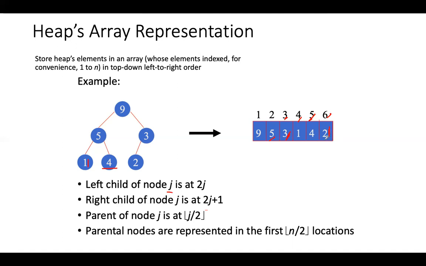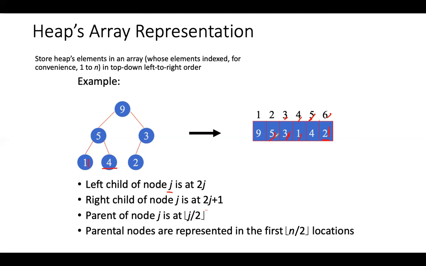And you want to find out the parent of this 2. Okay, you are at some position in the array, and I want to find out its parent. Its parent will be present at J by 2. If this is the jth location, I want to find out the parent of 2. 6 divided by 2 is 3. Or I want to find out the parent of 1. J value is 4. 4 divided by 2 is 2. So the parent of 1 is 5. Is it clear?